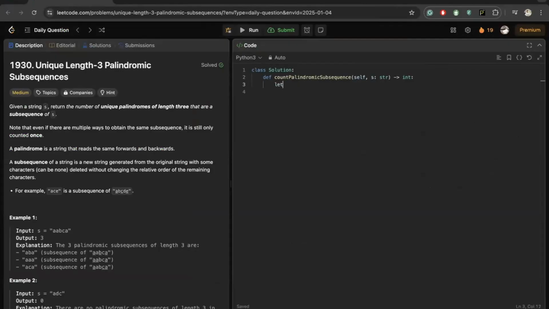First of all, I'll keep all these letters in a set. I'll have a set of all these letters and answer equal to 0. And then for letter in letters, I'll be iterating through. And as I told you, I'll find the first and the last index of the characters. So first index is the index of the letter, and the last index is basically the rindex, which will give us the last index of that letter in that string. And once we get that,